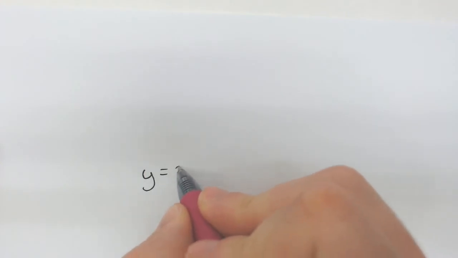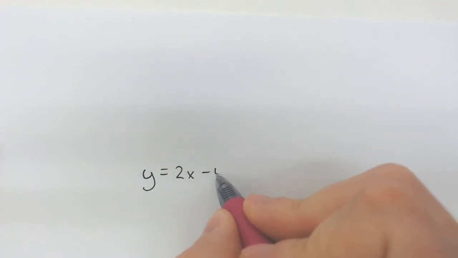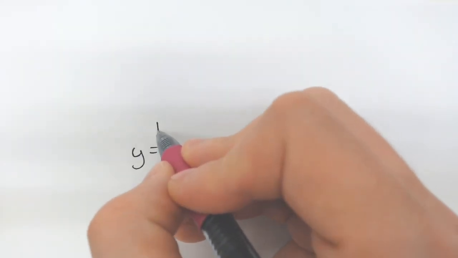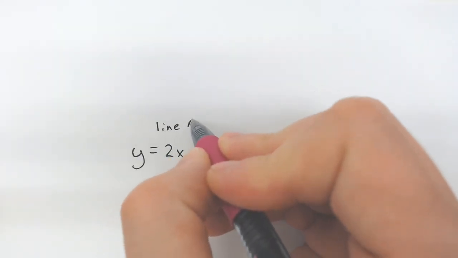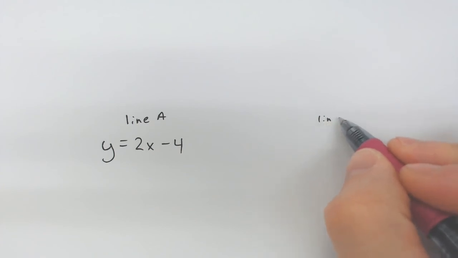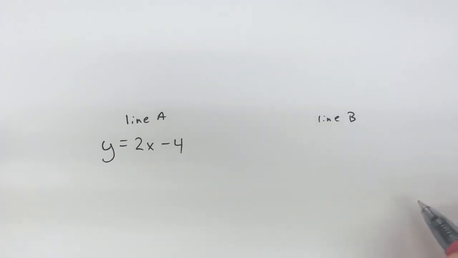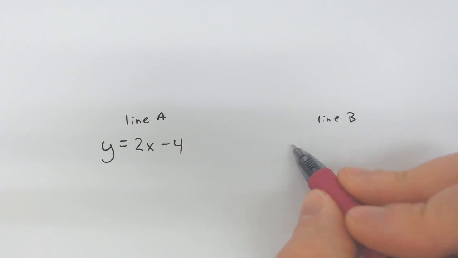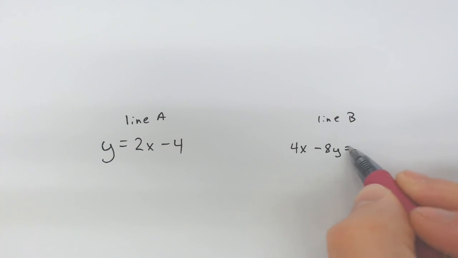Now, sometimes it's not going to be given to you in a point format. It could be given to you in an equation of a line. So let's say we had this line right here. We'll call it line A, and this line right here, we'll call it line B. What if line B was, let's go with 4x minus 8y equals